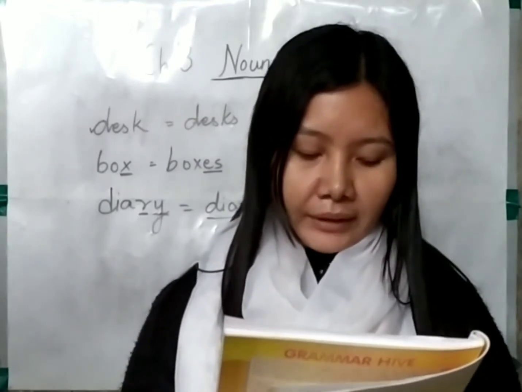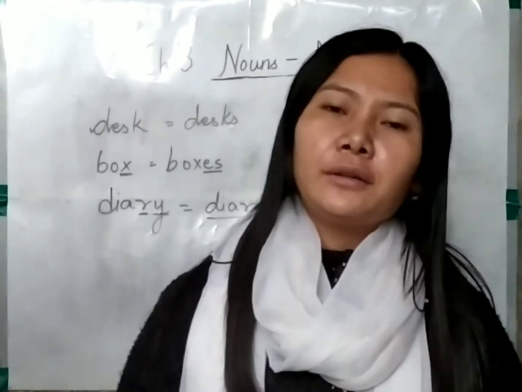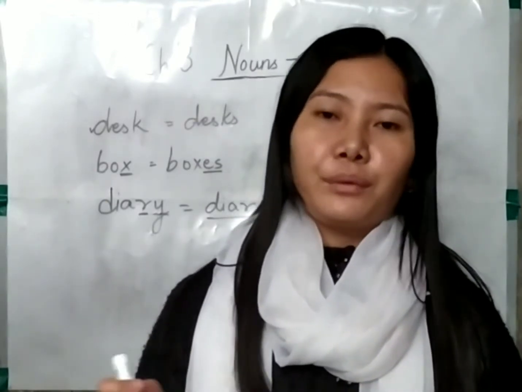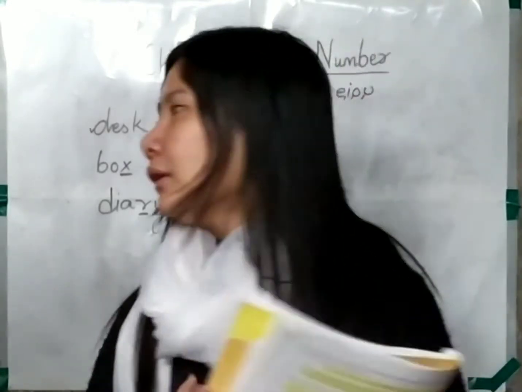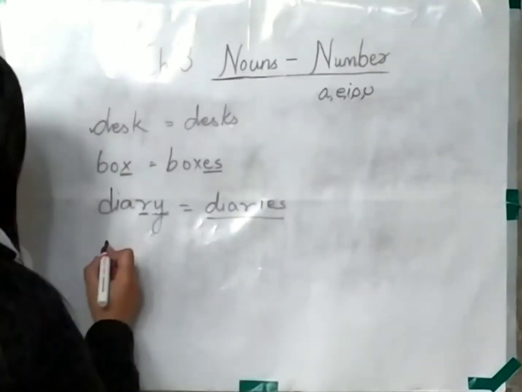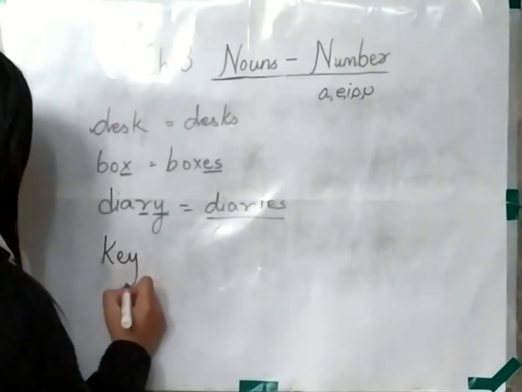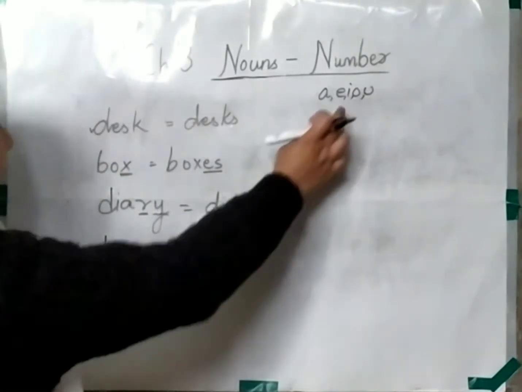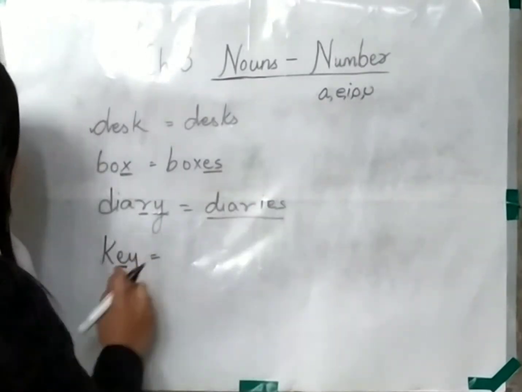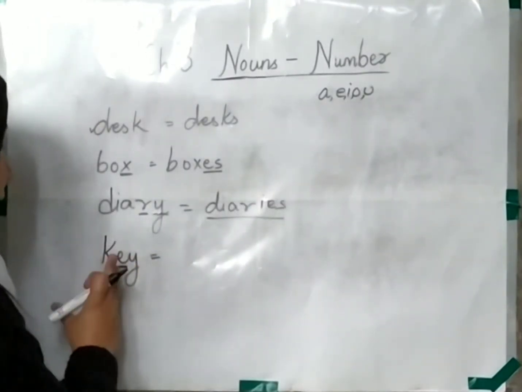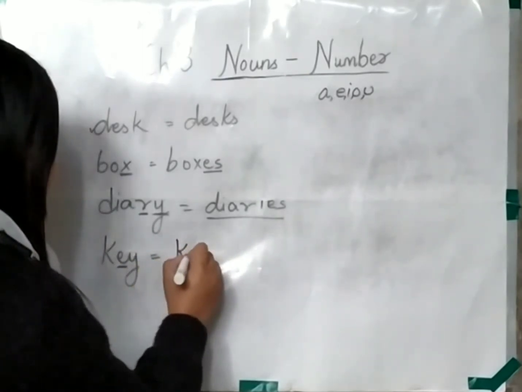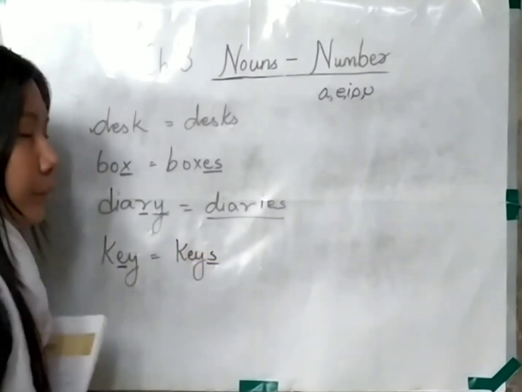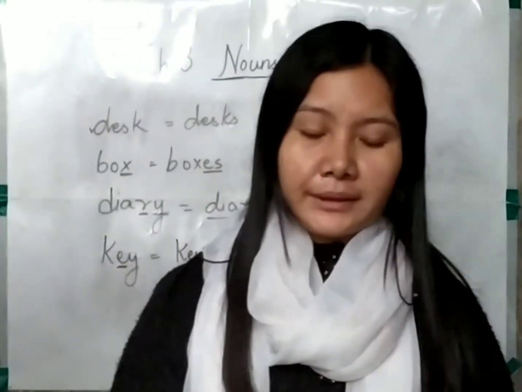That is, some nouns end in a vowel plus y. So over here we are not talking about consonant plus y, we are talking about vowel plus y. We add s to make their plural. So let's take one example, the example provided in your book, key. So over here you can see e is a vowel. So at the end you have vowel plus y. So in such a case, what do we need to do? We need to add simply s in order to form its plural. So this is what the book is telling us.